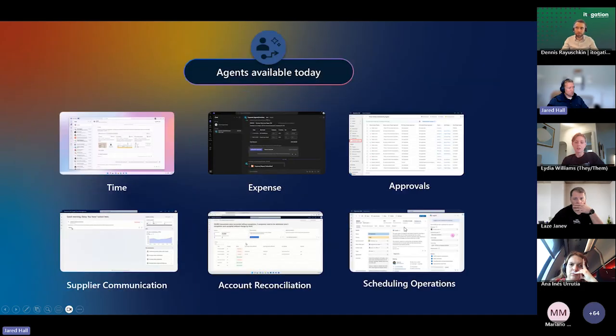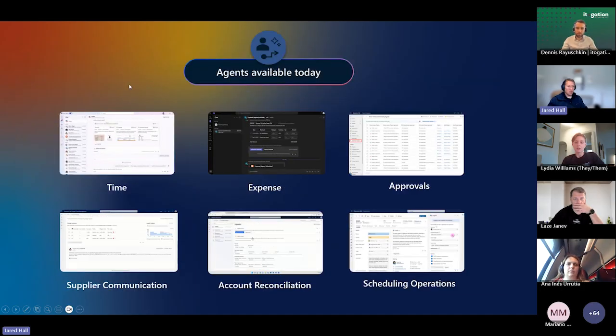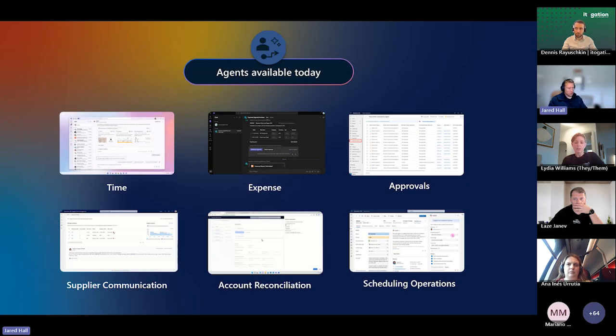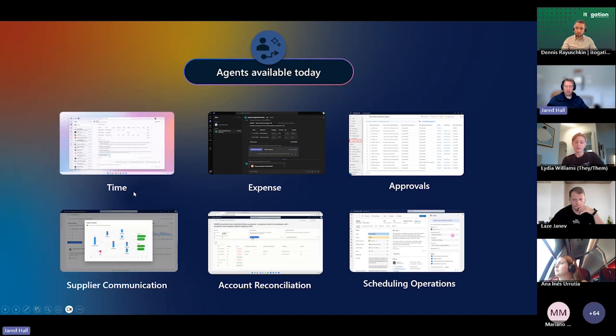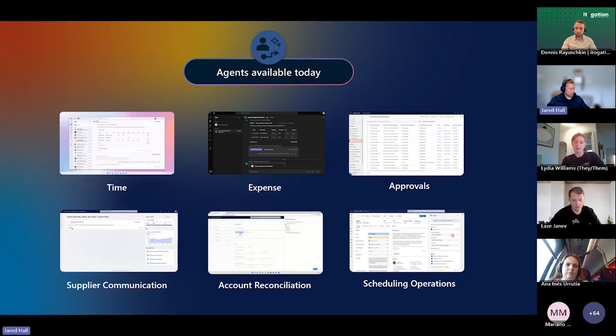So some of those from the autonomous agents, I want to call out specifically that these were just released in public preview. These are available now. I encourage you to go take a look at these. We won't dig into the details of each of these in this call, but these are things where we are automating processes using AI operations connected to the business logic of your applications.